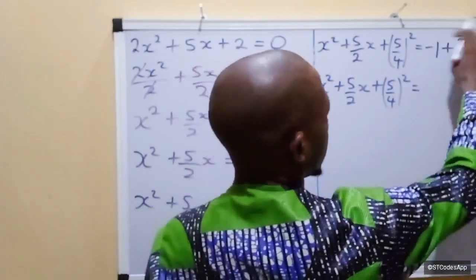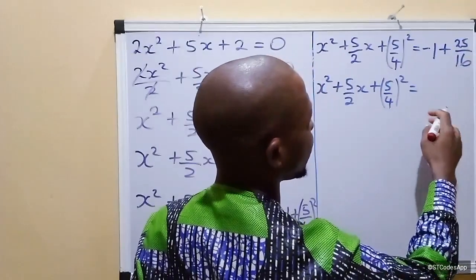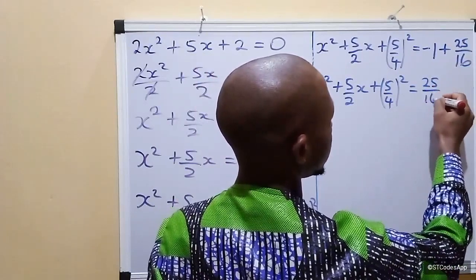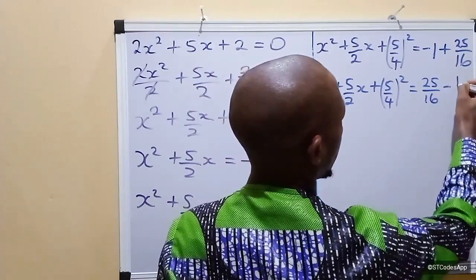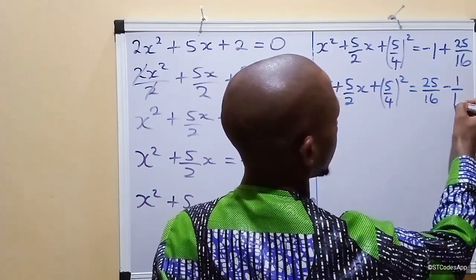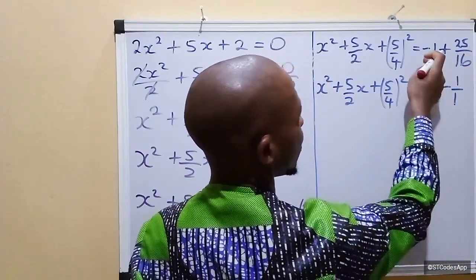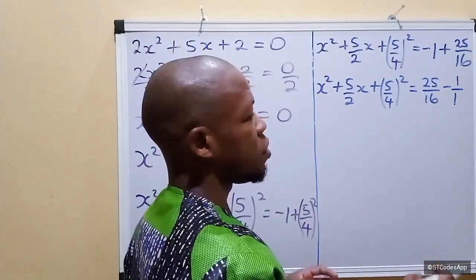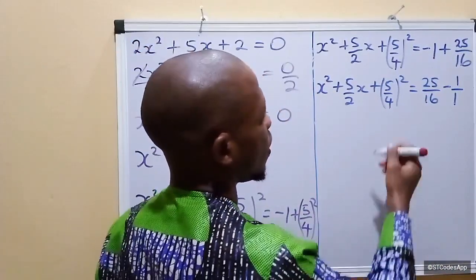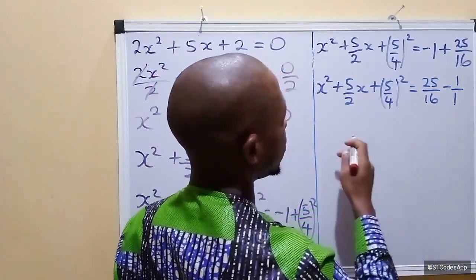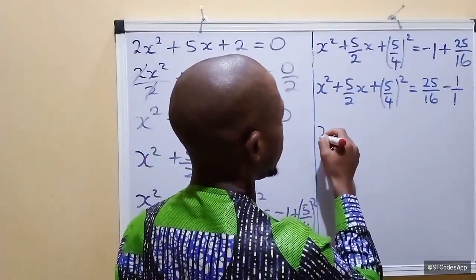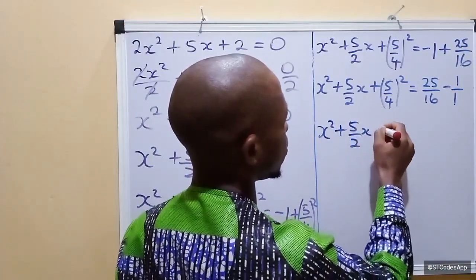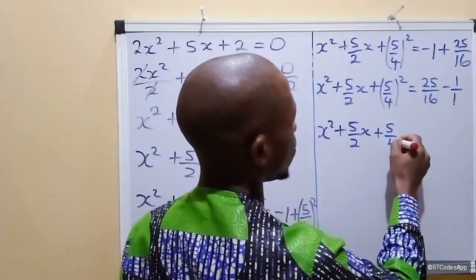to, let's balance this thing to make it simpler for us to simplify. I'm going to have it as 25 all over 16 minus 1 all over 1. Remember, the sign of minus 1 remains because we didn't cross to the other side of the equation. So I simply changed the position. Now let's simplify this. I'm going to have x squared plus 5 all over 2x plus 5 all over 4